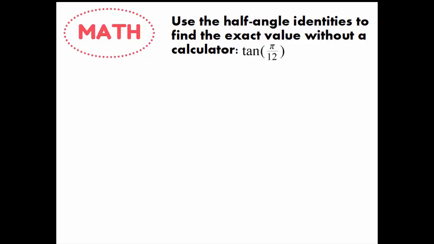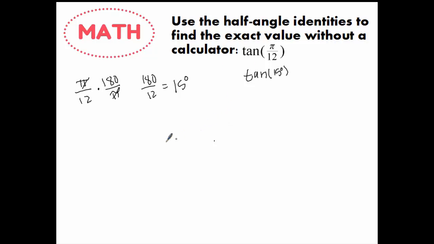So the first thing that I would do for this problem is convert from radians to degrees. I don't like working in radians. They're confusing to me and they are much more difficult to work with than degrees. So I'm going to take pi 12ths and convert it to degrees. If I multiply it by 180 over pi, my pi's cancel. 180 divided by 12 is 15 degrees. So I'm essentially just trying to figure out what tangent of 15 degrees is without using a calculator and specifically